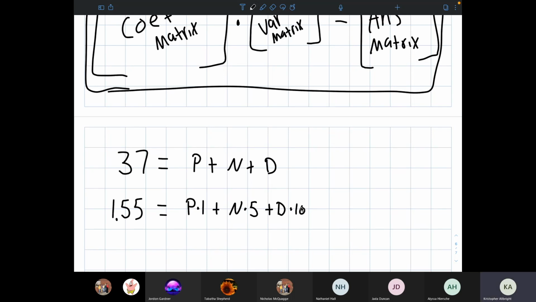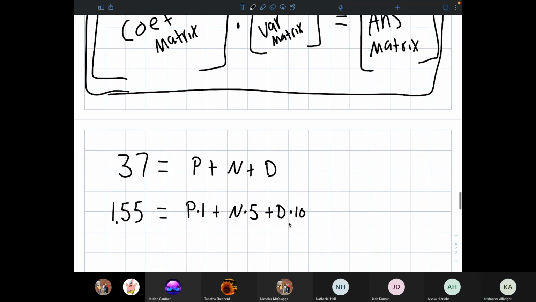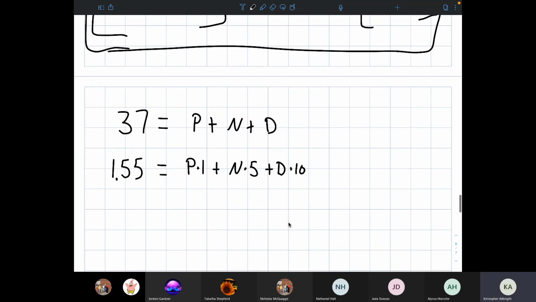There are twice as many pennies as dimes. So if we go for a third equation and we say,